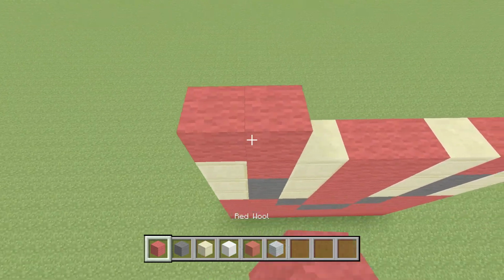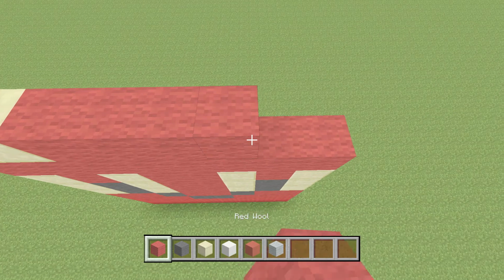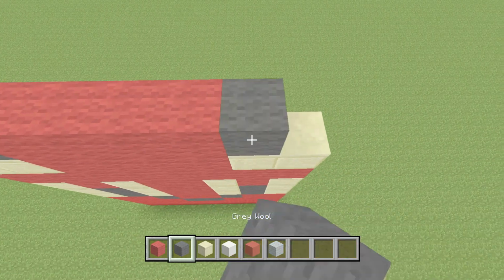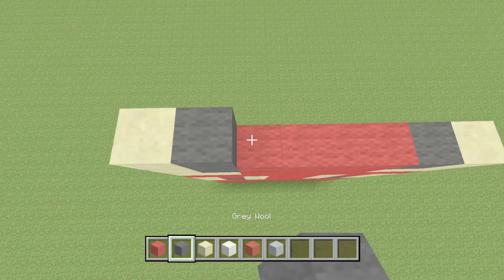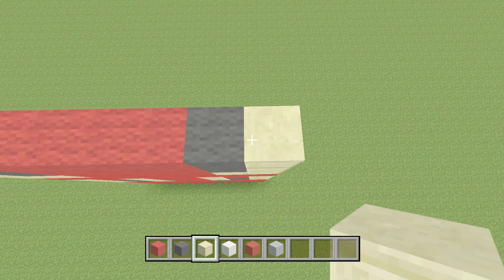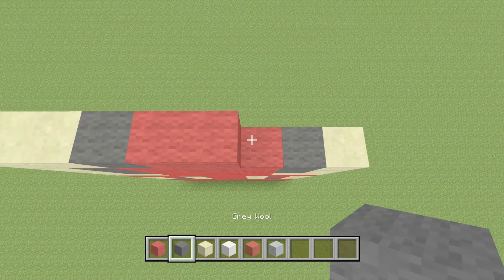Okay, for the next row, 1 row of 8 red wool, and for the next row, 2 sandstone, 4 red wool, 2 sandstone. Then for the next row, sandstone, grey wool, 4 red wool, grey wool, and then a sandstone. And for the next row, sandstone, grey wool, 4 red wool, grey wool, sandstone. And then for the next row, 2 sandstone, a grey wool, 2 red wool, grey wool,